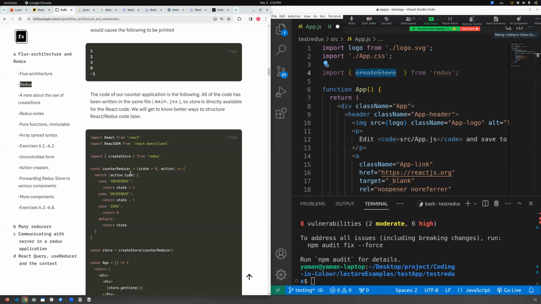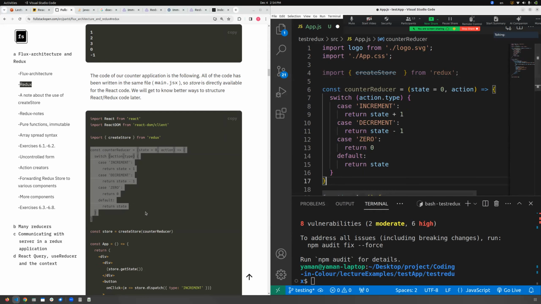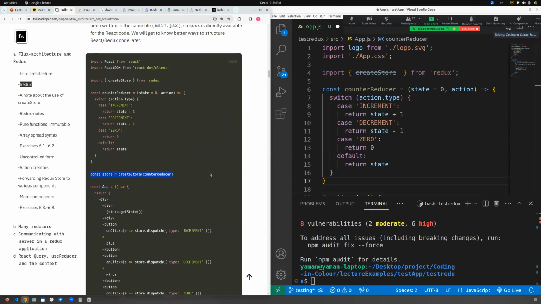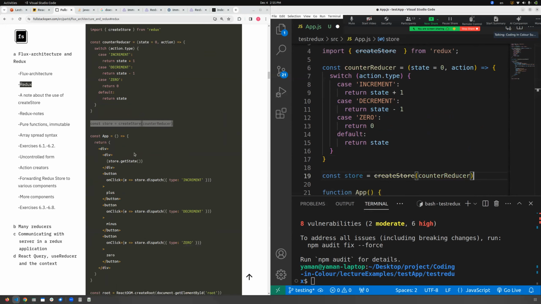We can still use it. And we have reducer. And then we define the store after that. From the create store, we pass the reducer. And inside our app, we are returning